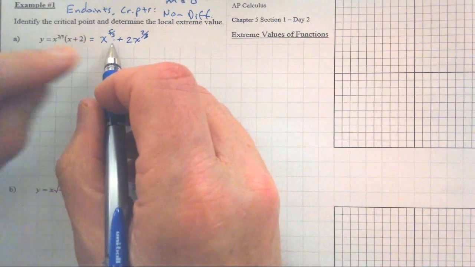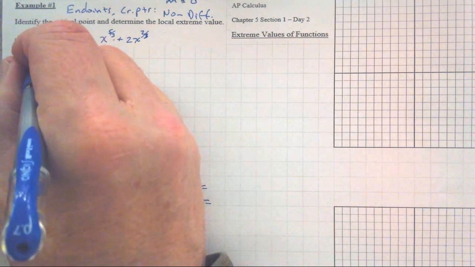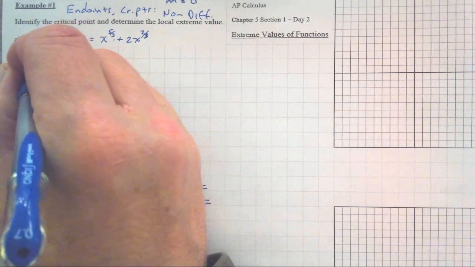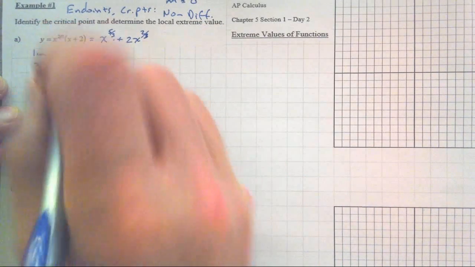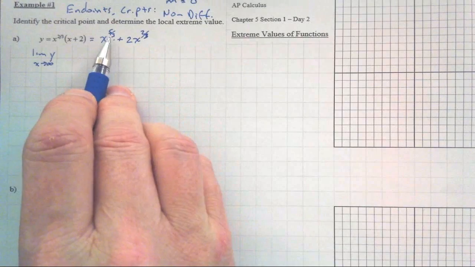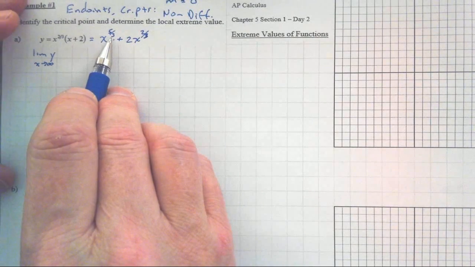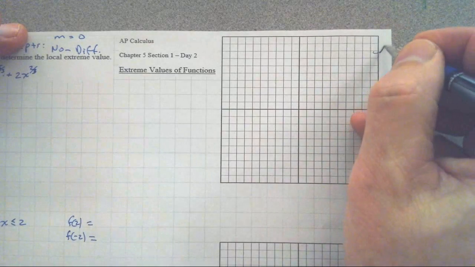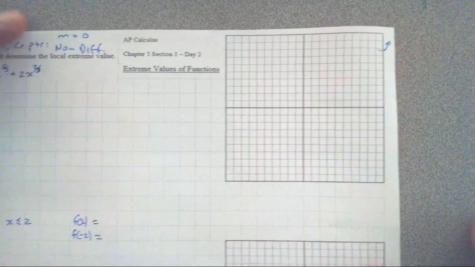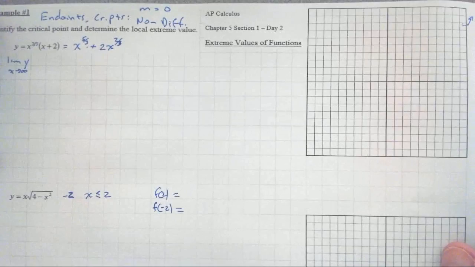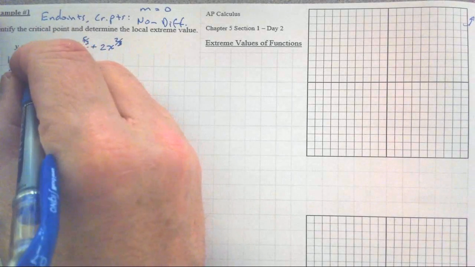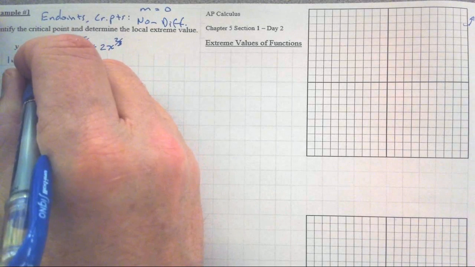So what I'm trying to state here is our limit of y as x approaches infinity. This thing is the more powerful, the more dominant player here. As x approaches infinity, the limit is going to approach infinity. So I know we're going to go off the chart here. Therefore, we have no absolute maximum. And how about the limit? So that guy approaches